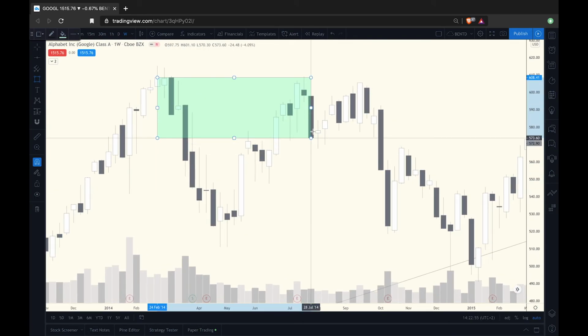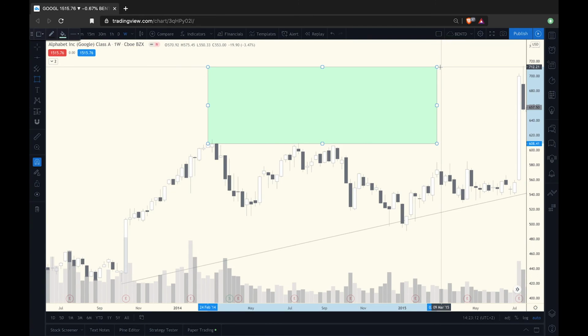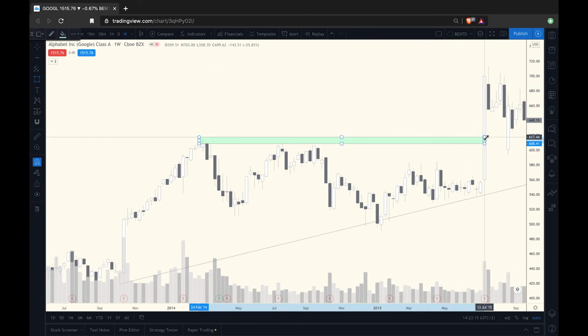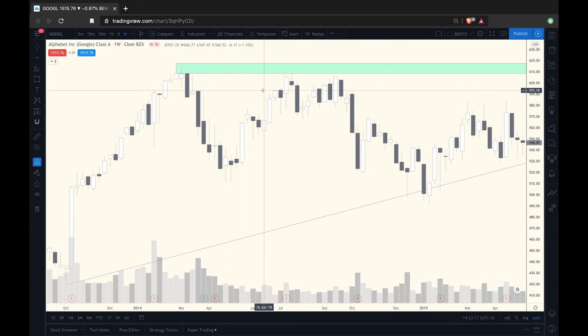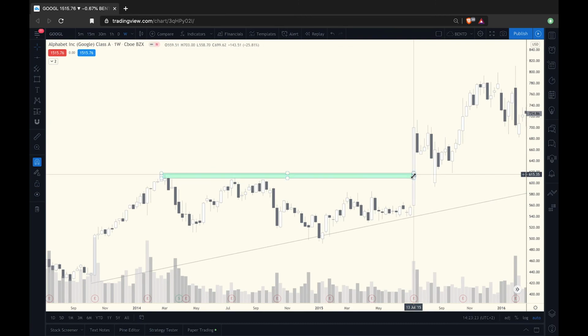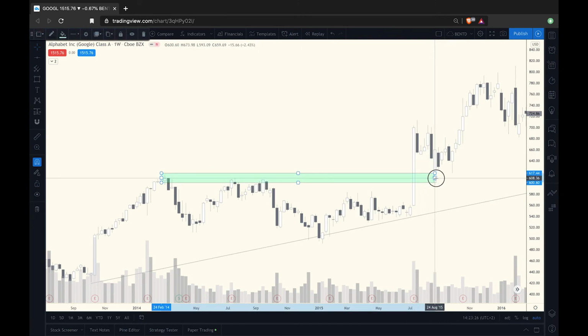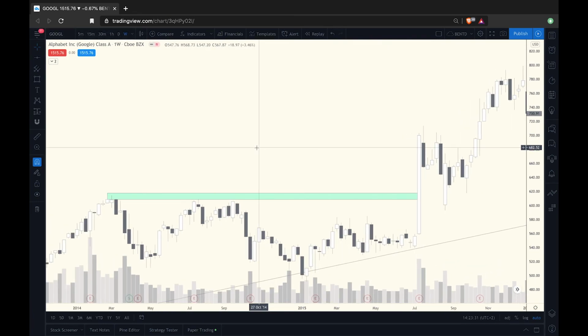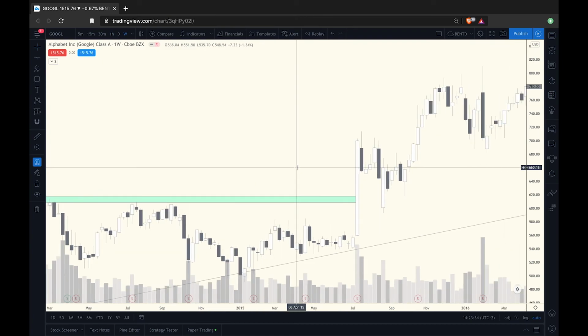Let's zoom in a little bit. And what you do is you attach the top of the box to the wick of the candle. So right now you would have a box like this, and you can just keep it at the same height as that wick, and you just keep drawing it all the way into the future. So to be specific, now you can see already more of a zone. It's a little bit wider, and this signals a little bit more of an area of interest